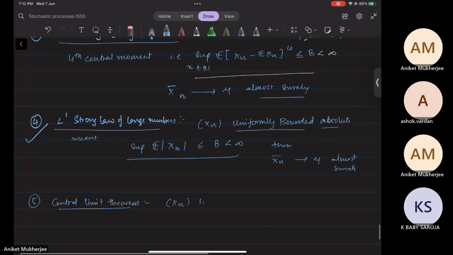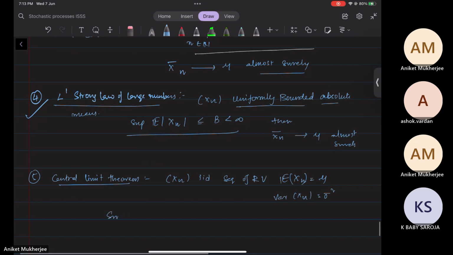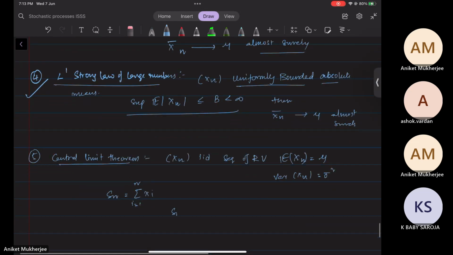Xn is an IID sequence of random variables. IID is very important. Expectation of Xn equals mu and variance of Xn equals sigma square for all n. Then Sn, I'm defining it as the sum of i equal to 1 to n of Xi. Then the central limit theorem says that (Sn minus n mu) by sigma root n